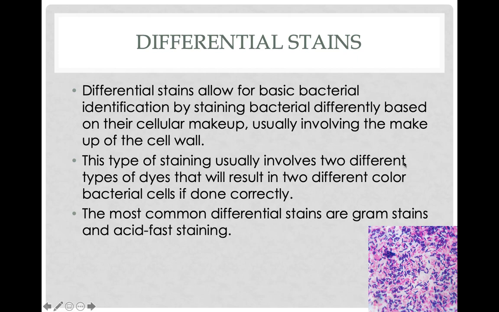So differential stains, on the other hand, a gram stain happens to be one of these, will give you size, shape, and arrangement. It is a stain. Every single type of stain will give you that size, shape, and arrangement. And this is no different. So it will give you size, shape, and arrangement, but what a differential stain will also give you is an extra piece of information that will allow you to tell something extra about the bacteria that you've just stained. So it will tell you, oh, this is a different type of bacteria than that one, different species, or oh, this one stains different. Oh, this one doesn't uptake this same type of dye,